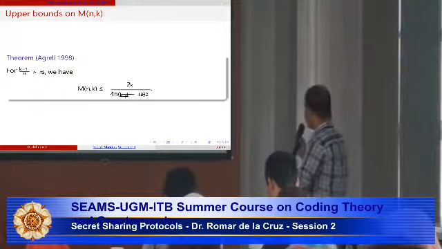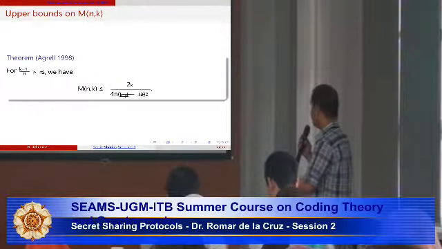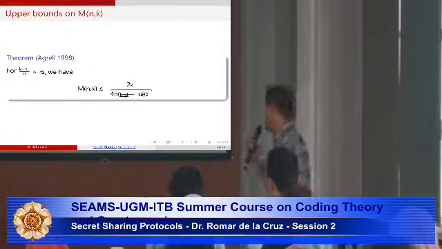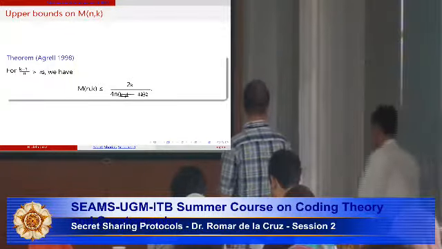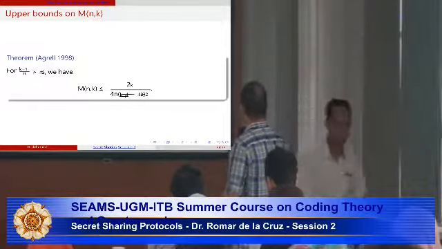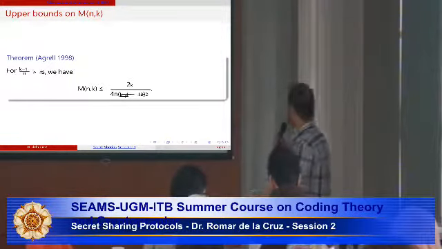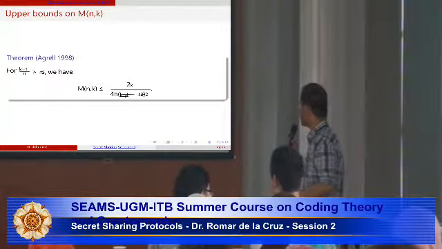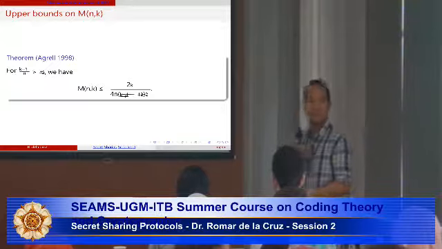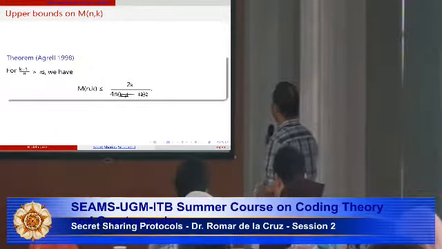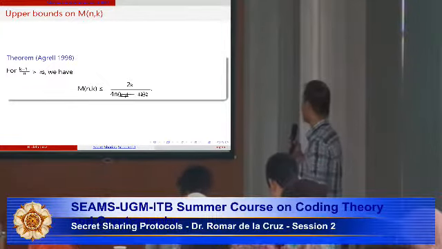Another upper bound is the following. This one is a recursive upper bound: M(n,k) is at most M(n-1,k-1) plus (n-1) choose (k-1). Okay, so the proof of this,